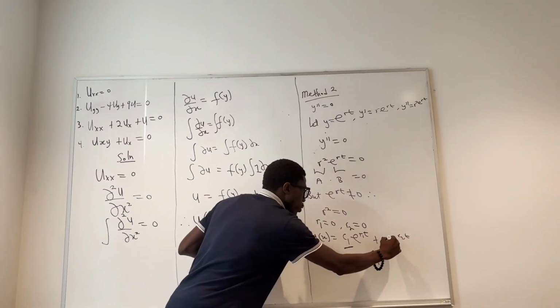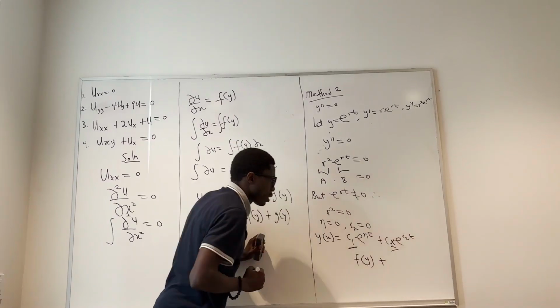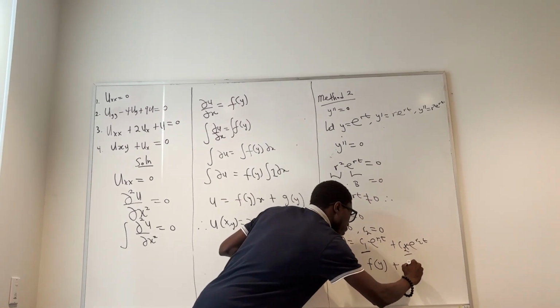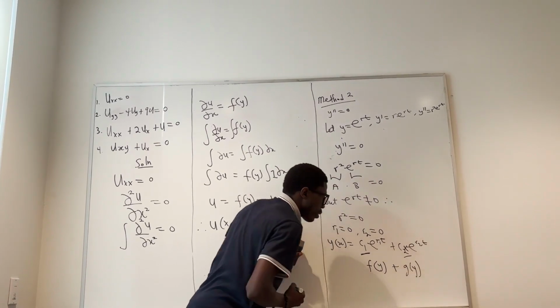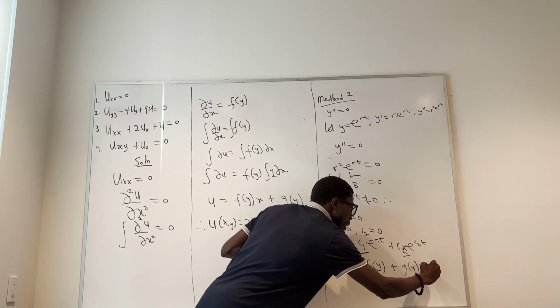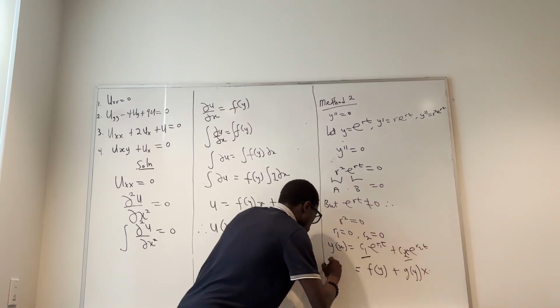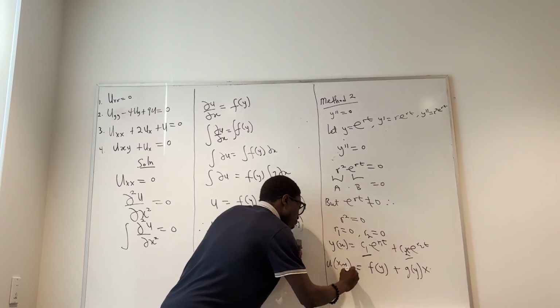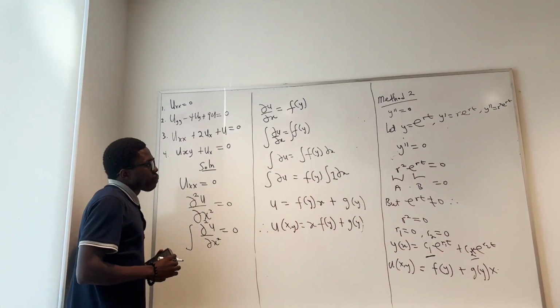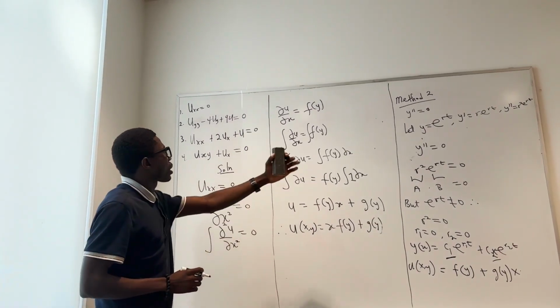r2 is equal to 0. So we have x here because it is a repeated root. So we have g of y, which is another constant function, multiplying x and then times 1. It means that u of x, y is equal to that. So this is the first approach, and the second approach solving